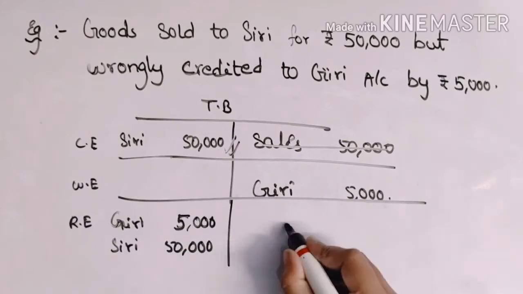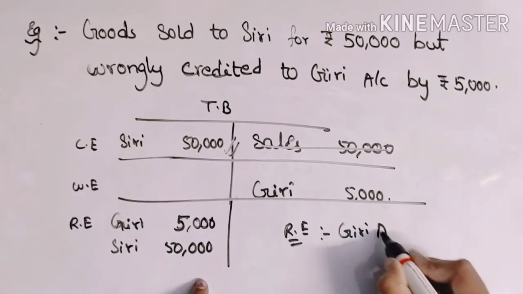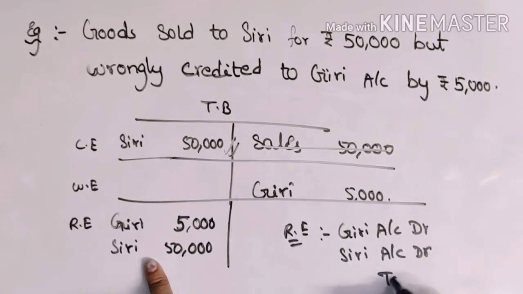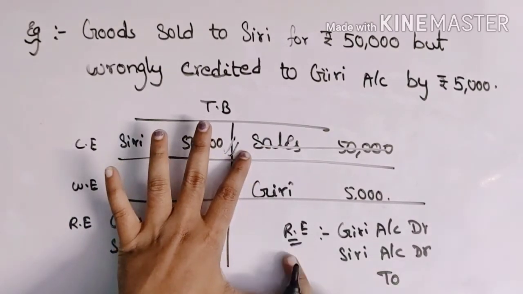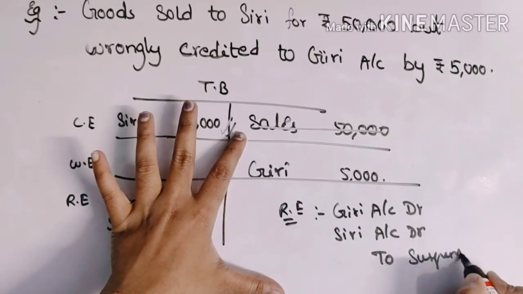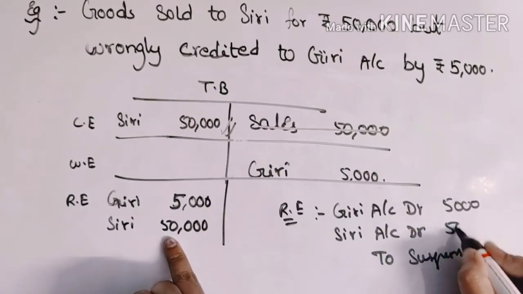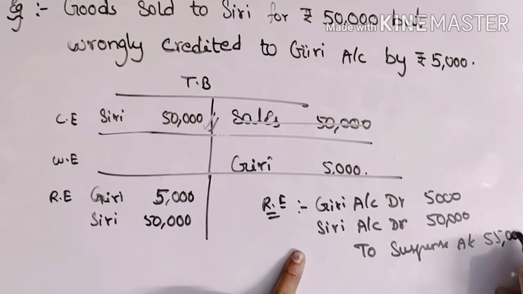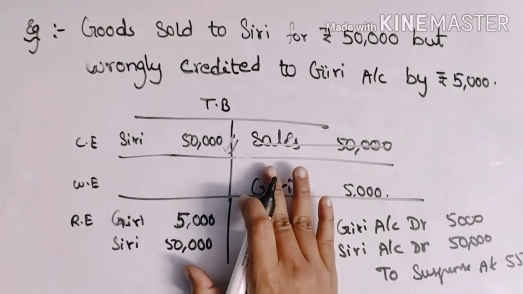Okay, now what is the rectification entry for this Giri account? Debit, again Giri account debit. So on the credit side, actually the sales account must come, but the sales account has no error, so this is the rectification entry, so we are not using the sales account here. So simply put the suspense account on the credit side. So Giri account must be debited by how much? Rupees 5,000, and Giri account must be debited again by rupees 50,000. So total the suspense account is open for how much rupees? 55,000 rupees. So these are the sums in the ledger posting.